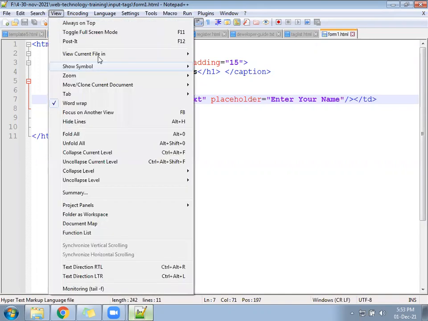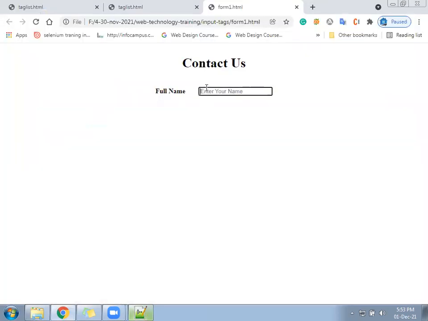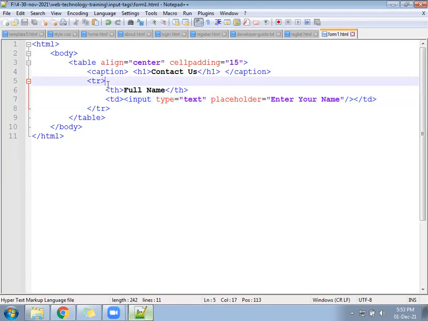So run the file. One text box will appear with the placeholder Enter your name. In the previous file, the text box was going here and there. Now the text box is under the control of TD. TD is under the TR. TR is under the table. And for the table, we said, okay, you be in center. So the table will be in the center, and the text box will also be organized properly. We have many properties. Let's write one by one. Go ahead.